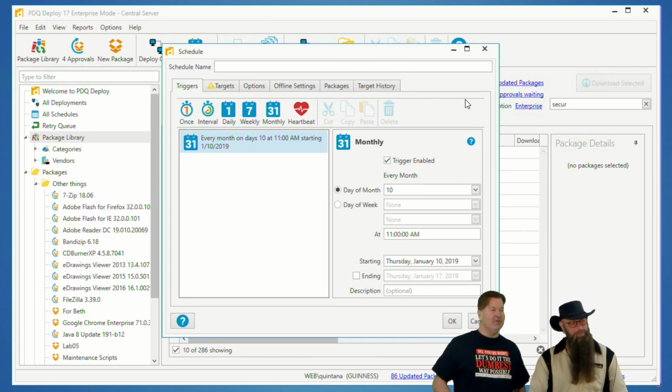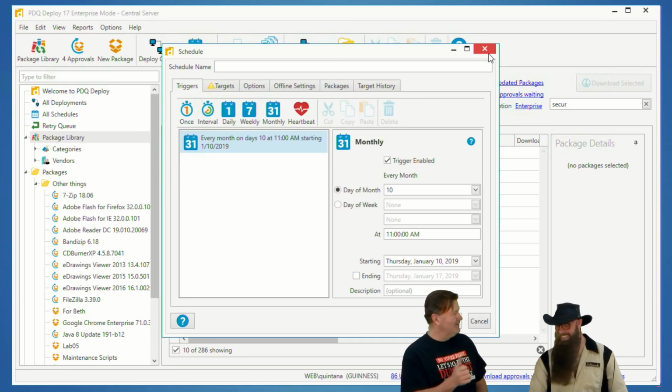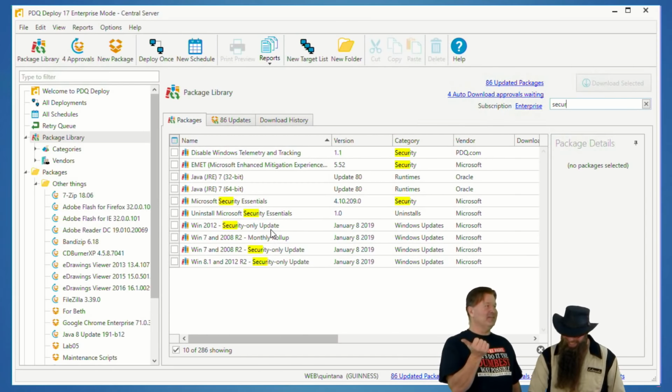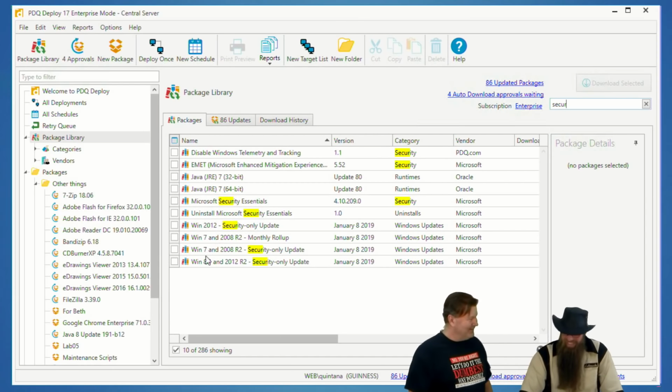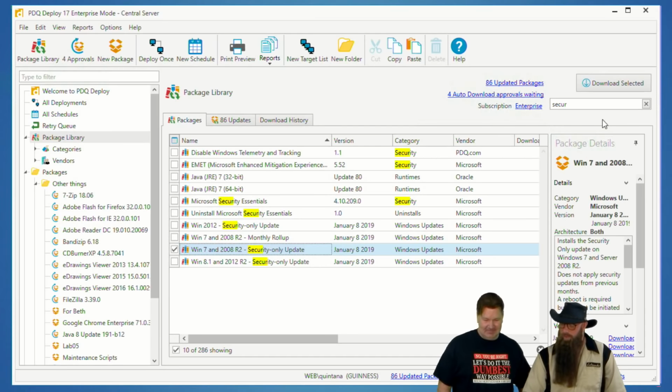No worries. Anyway, put your pre and post step. Do it every Thursday. Sorry to derail you. Okay, so when you do this, let's just go to this security only update because it's going to be a little smaller. When you download this,